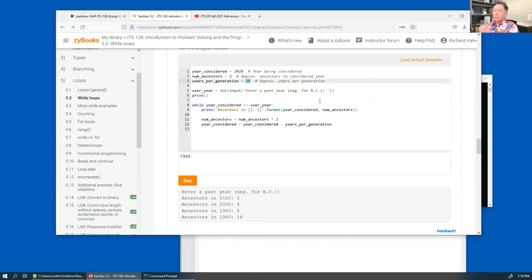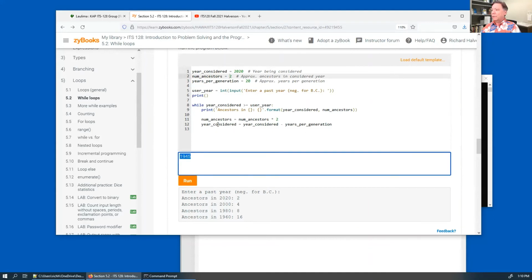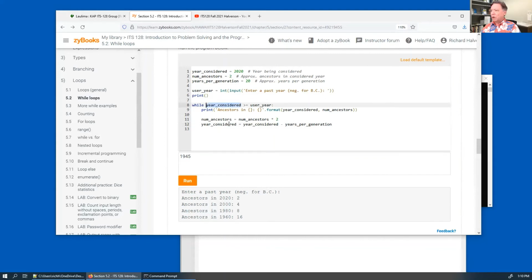That's kind of short, but we're going to start at 2020 and two ancestors per year, let's say, and we're going to go back until we hit this year. Each time this gets smaller by 20. This is 20. See, no, it's this one, 20. And each time the ancestors double,